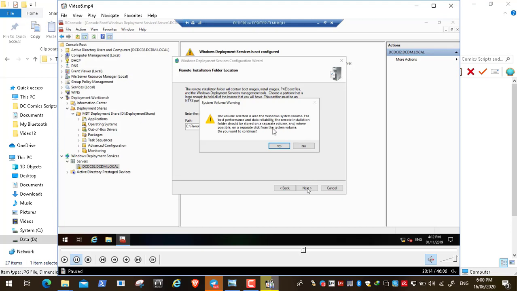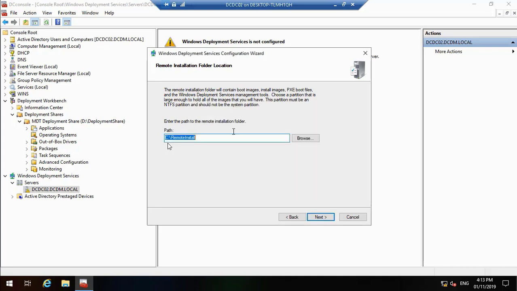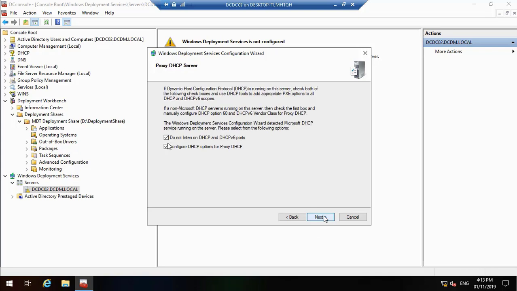But this is important for the configuration of the Microsoft Deployment Services, okay. It's saying here that it's not recommended to put the remote install on the C partition, the partition that contains the operating system, okay. And